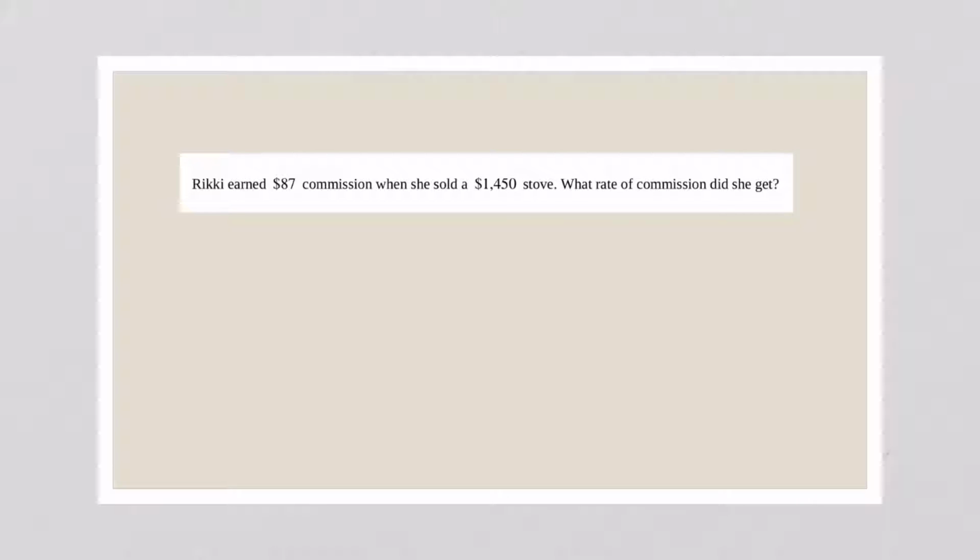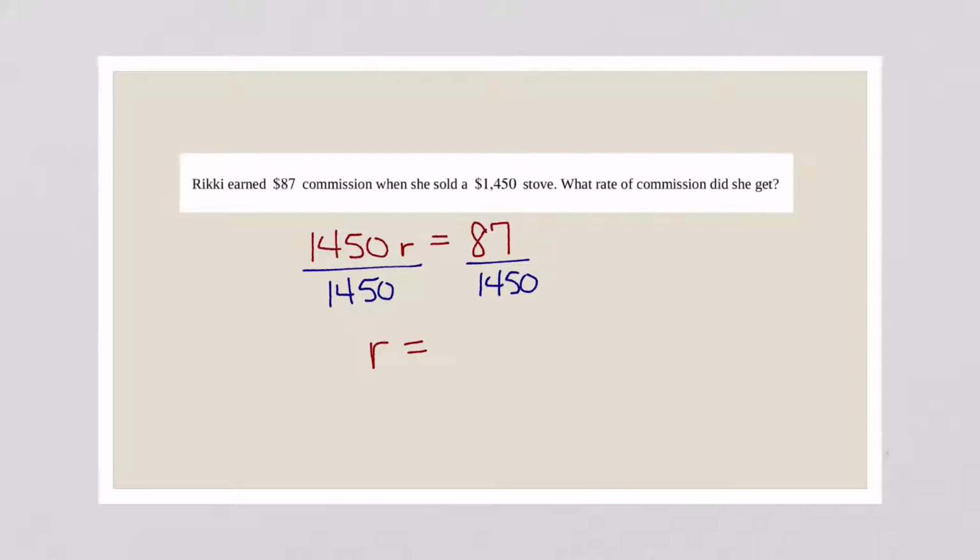Okay, Ricky earned $87 commission when he sold a $1,450 stove. What rate of commission did he get? So they took 1,450 and they multiplied it times his commission rate. We don't know what that is, but whenever you multiply those, you get $87. So now we need to figure out the R in this problem. So what we have to do is divide both sides by 1,450. On my calculator, I am typing in 87 divided by 1450, and I hit enter,